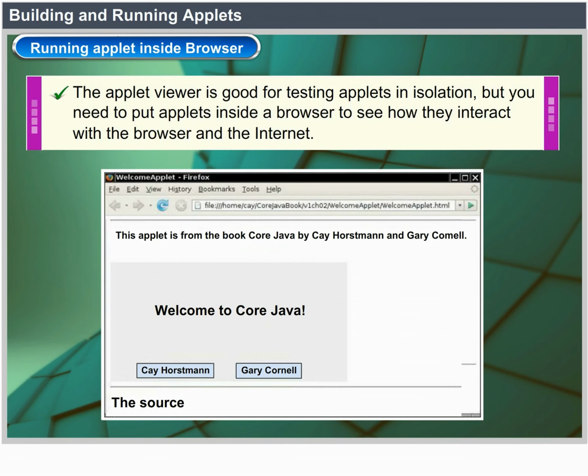The Applet Viewer is good for testing applets in isolation, but you need to put applets inside a browser to see how they interact with the browser and the